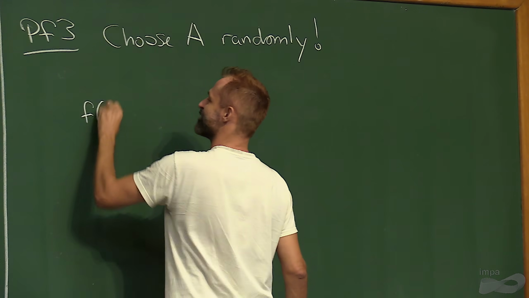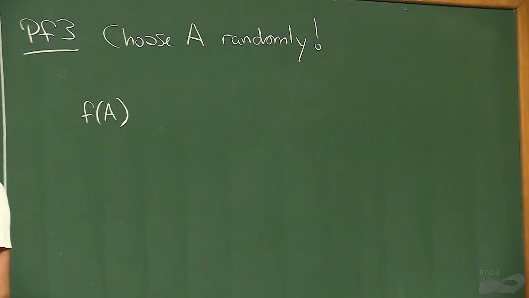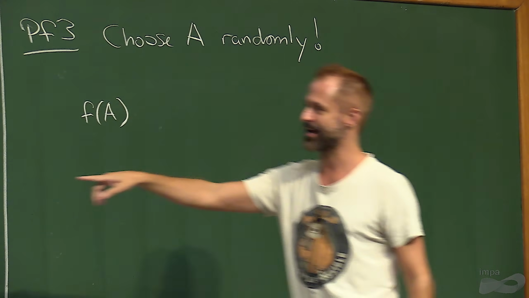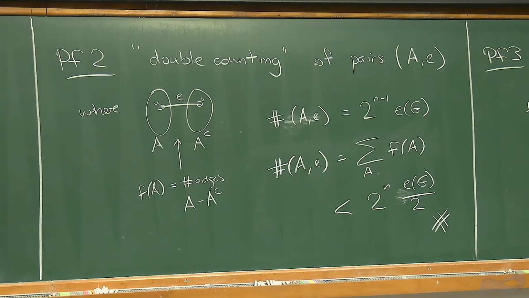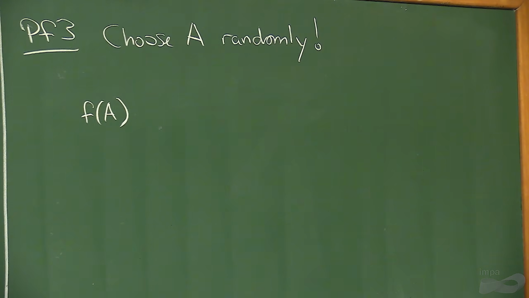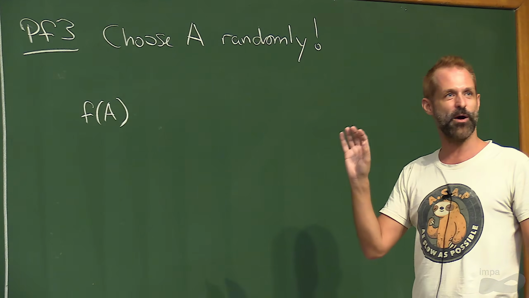We're interested in this f of A, right? We would like f of A to be at least half of the edges. f of A is this number of edges between A and A complement. Okay, but f of A is some very strange random variable that I'm a bit scared of. One of the main messages of this course is, when you have a random variable that you're scared of, just like in Matthew's talk this morning, something that's easy to calculate is the expectation, the average. Okay, so let me do the calculation, and then we'll talk about what happened.